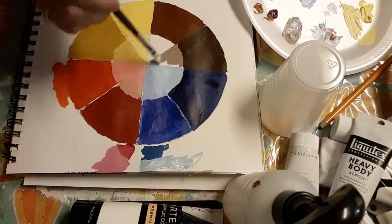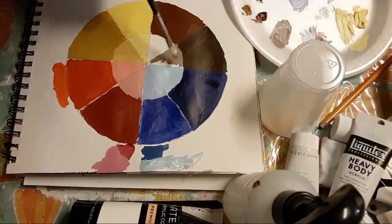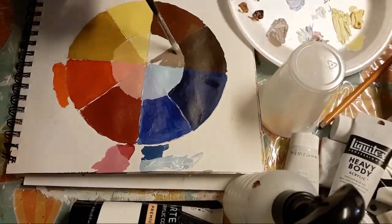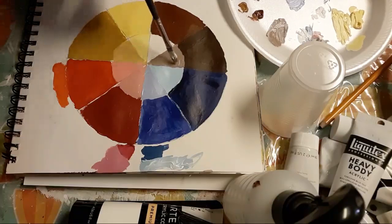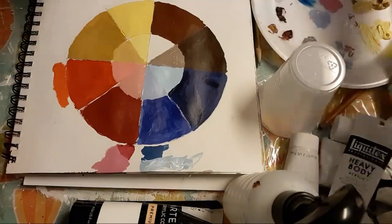For right now, we're just gonna go like that, and I'm gonna pick up a little more of this paint here, and we're gonna go along here and just make a nice little line there. Like I said, it doesn't have to be perfect. I got a little blue in there, but I'm not gonna worry about it too much. I just got a little streak there. I can lift that off a little bit. There we go. Okay, there you go. There's the tint of your burnt umber,